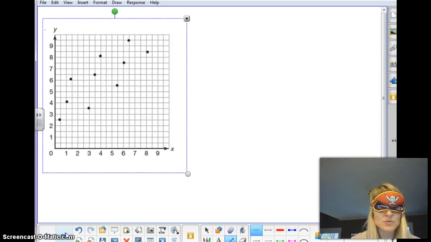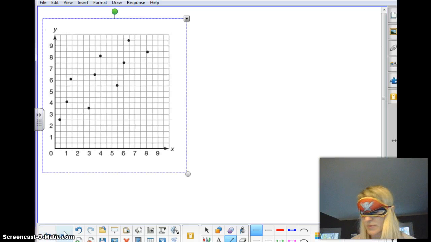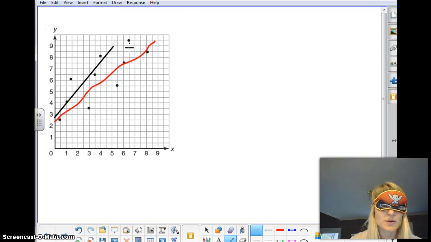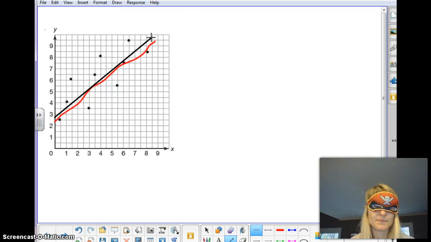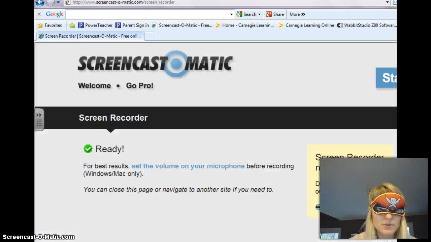If I look at this one, you can see the difference between this and this. These are a little tight. These are much more spread out, right? So if I were to draw a line, you can see those points are spread out quite a bit. So you could probably estimate that as, on our notes over here,